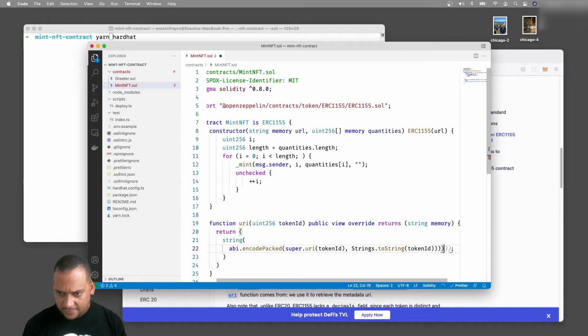Let's see, we have our parentheses. There you go. Then we have an extra parenthesis. There you go.